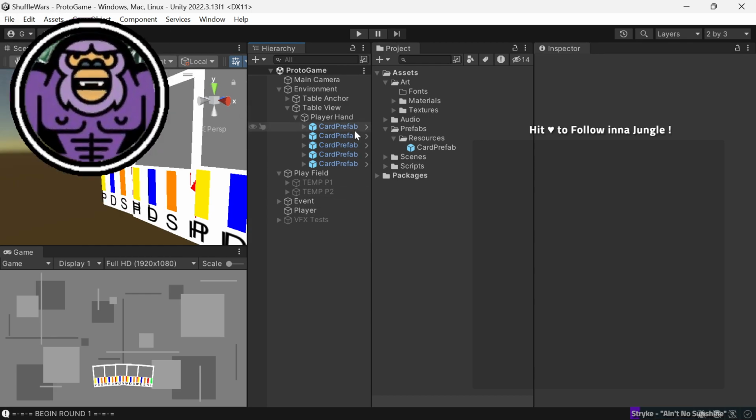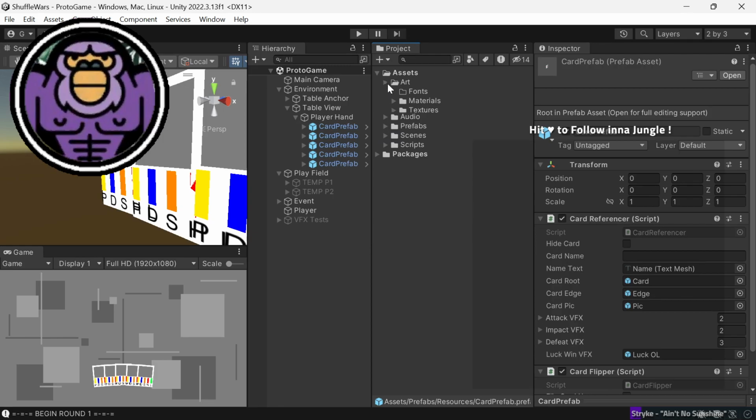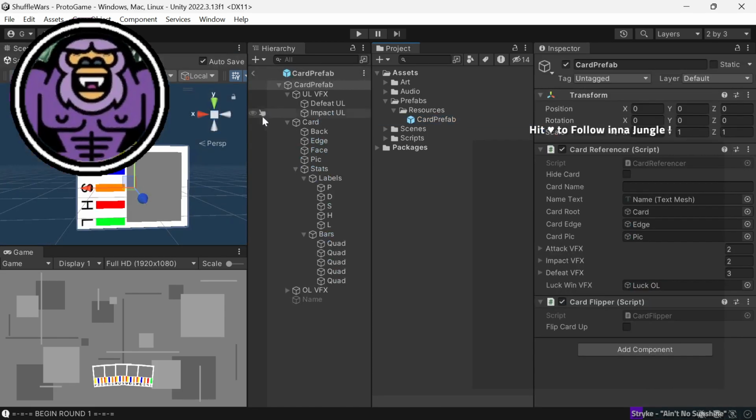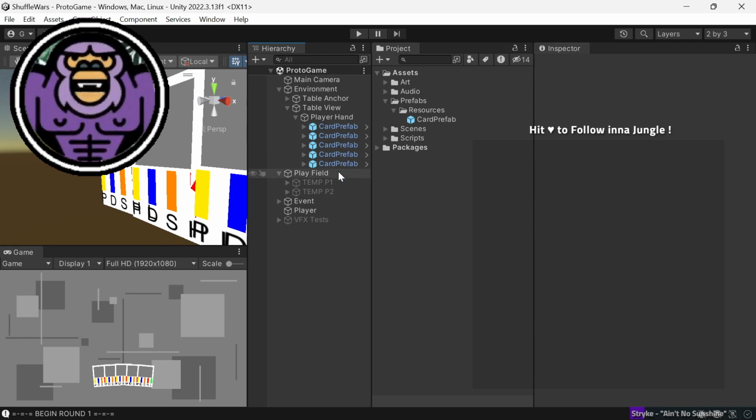Cool. So now these are, in fact, prefabs. That's why they're blue. They are copies of this thing, which means they actually have all that good stuff. What I wanted was, while I go in and mess with this, it is also messing with every copy, including these. But for some reason, these weren't copies. I don't know. Whatever. Anyway,